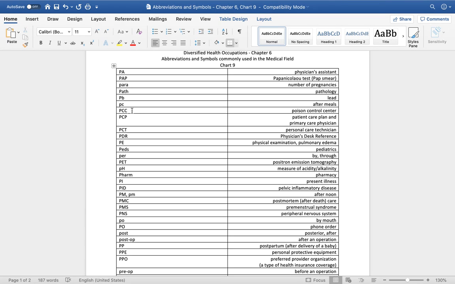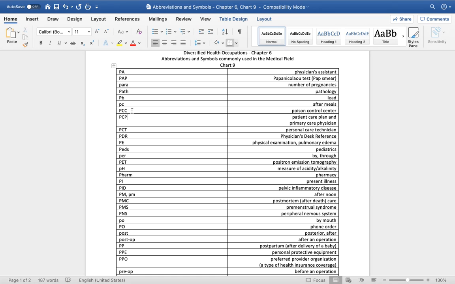PCC, this is Poison Control Center. You learned about this during CPR and first aid. Ultimately, if you think somebody was exposed to a toxin or a poison or a chemical, whether you know it or you're not really sure, you can call them and they can either walk you through how to take something that might be around your house to remedy it, or they may advise you to go to the hospital or call 911 if you're not sure. It's a great reference.